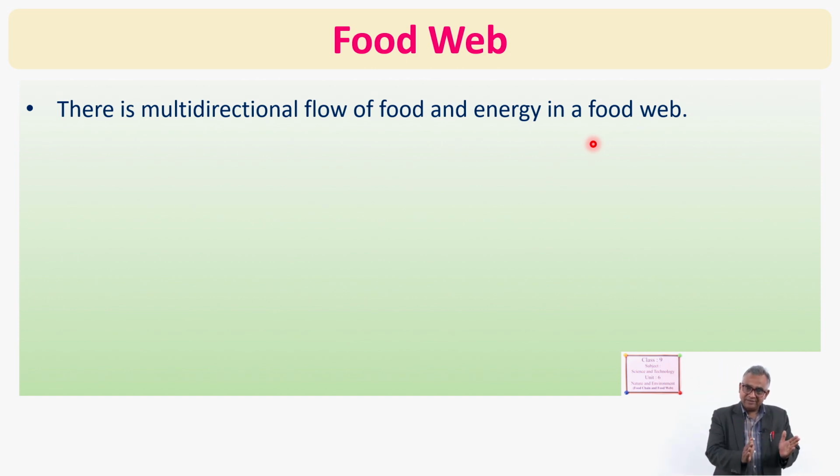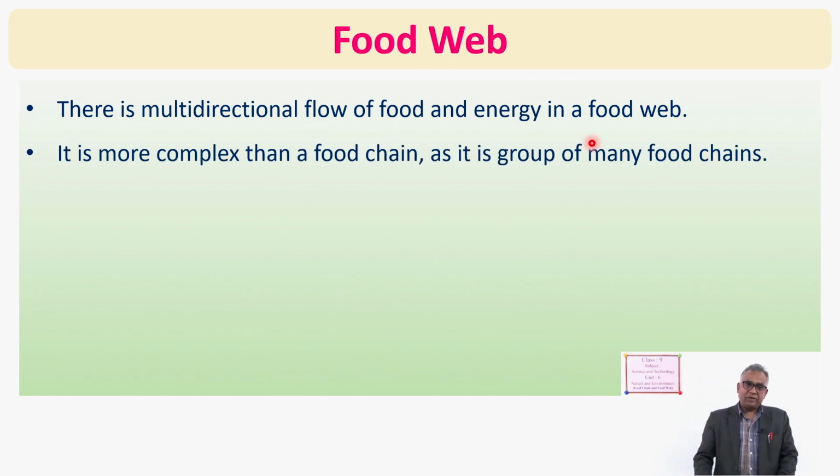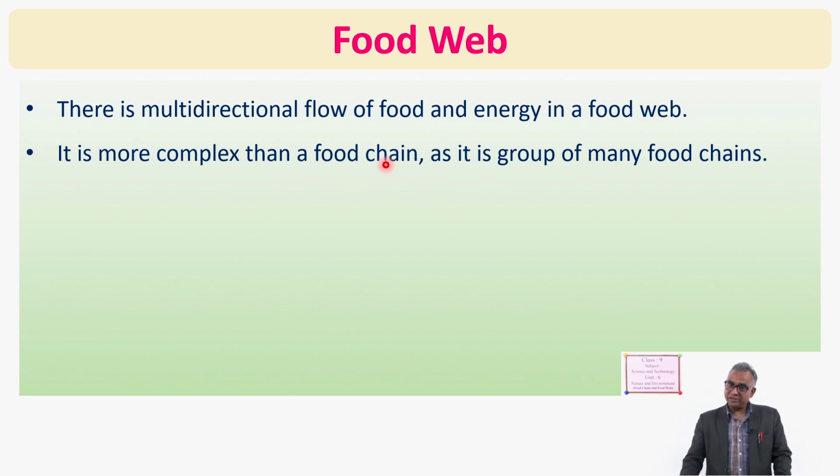Food chain is unidirectional flow of food and energy, and food web is what? Multi-directional flow of food and energy. Okay. Now next one. It is more complex than a food chain. Here also you have got 1 point for comparison between food chain and food web. As it is group of many food chains, already you are given that